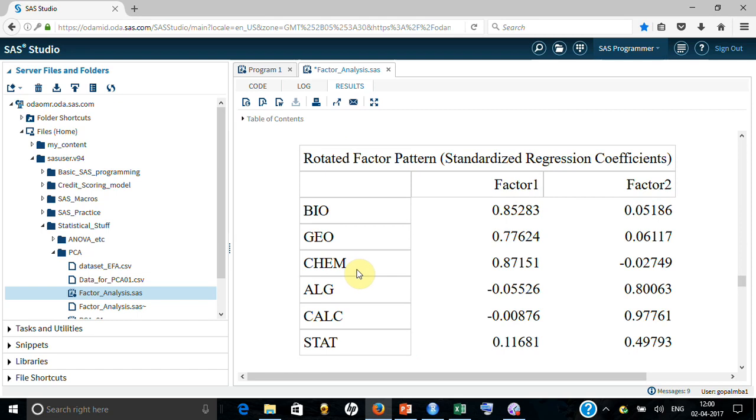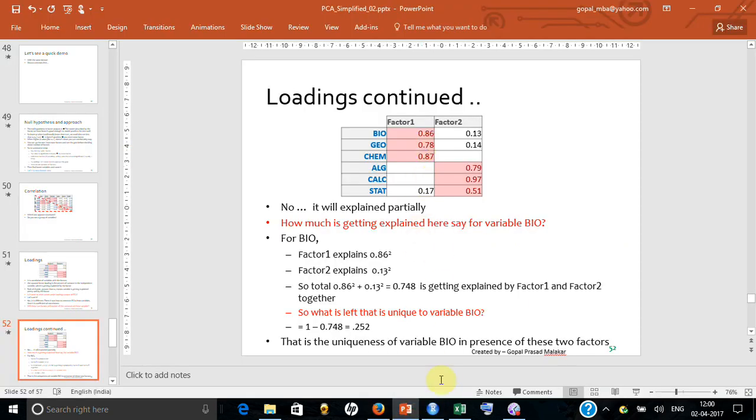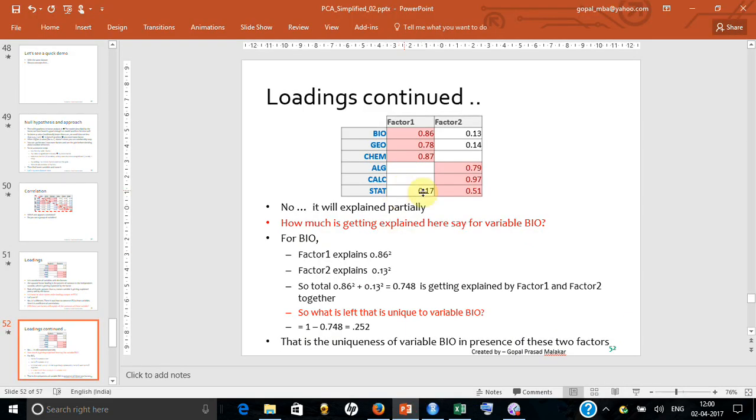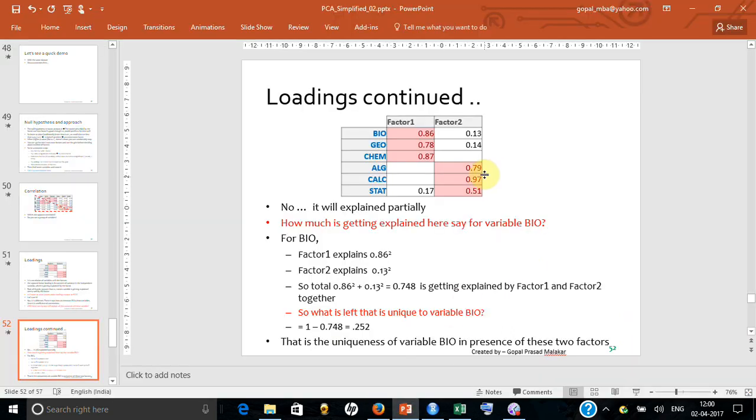In each of the graphs, here 0.86, 0.87, 0.77, 0.87, 0.11. So this is pretty close to what we were getting. Not really, because here it is 0.11 and what we had got is actually 0.17. Look at here, 0.80, 0.97, 0.49, these are close.